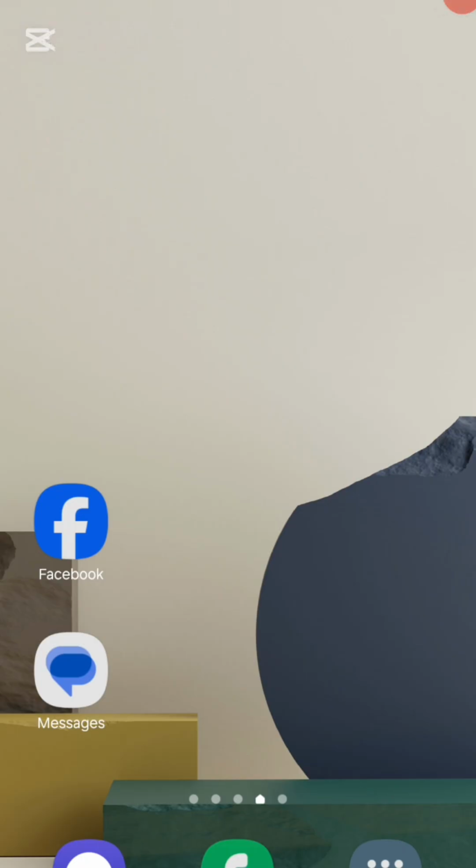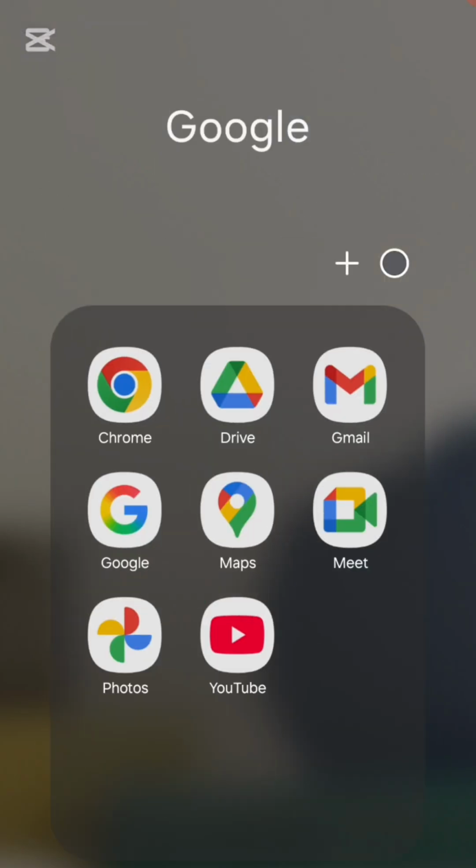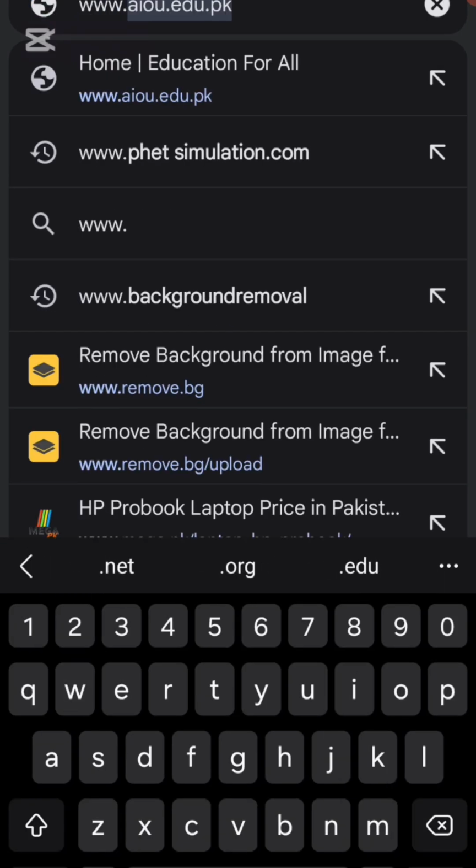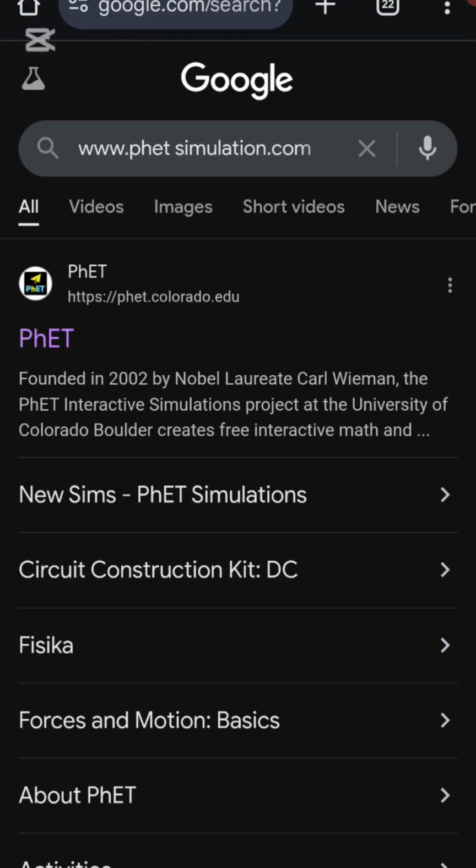So all we need is to go to a search engine, like Google or Google Chrome. I'll go with Chrome. Now you have to put in the address of the website, www.simulation.com. You can see it is already in my search history, so I click on it. So here it is,